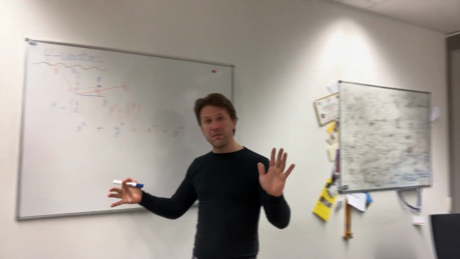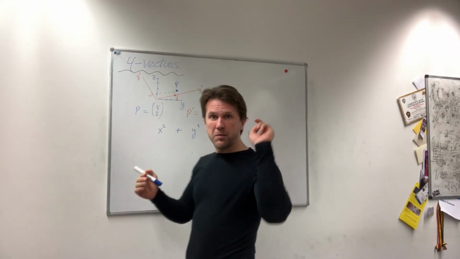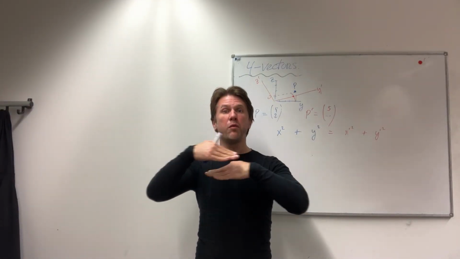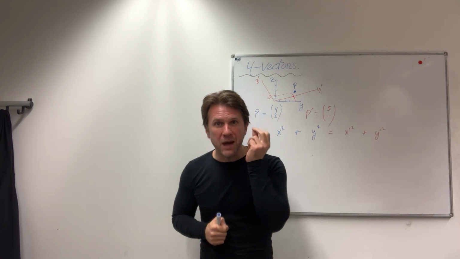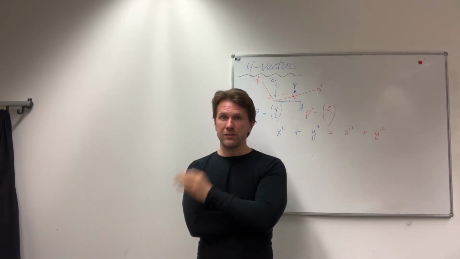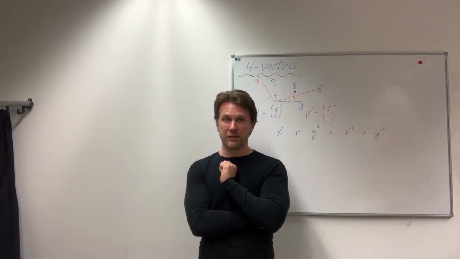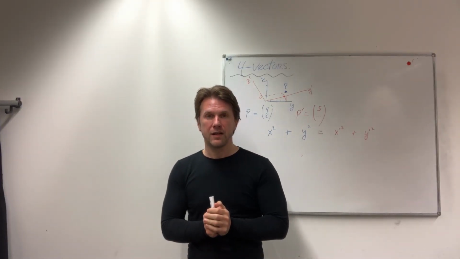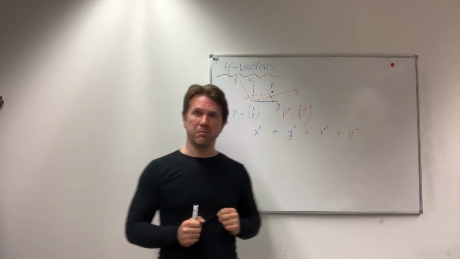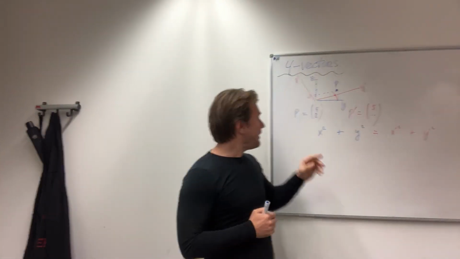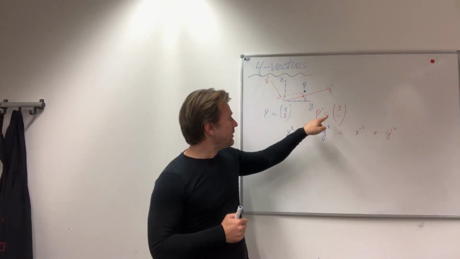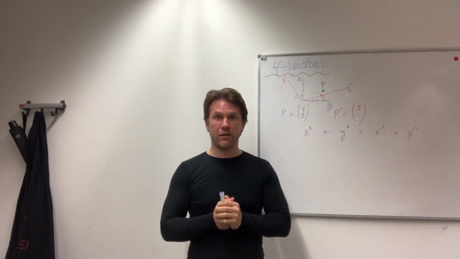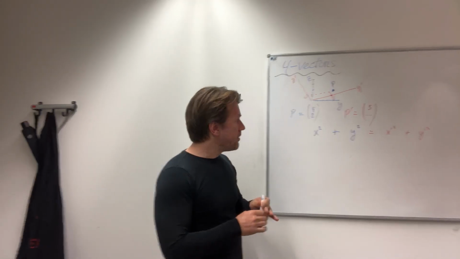The amount of time between two events in the blue system and the red system, if the blue and red system are moving with respect to each other, is not the same in the blue system as it is in the red system, because of time dilation and all those kinds of things. The amount of distance between the two events, as seen from the blue and the red system, is also different because of Lorentz contraction and these sorts of things. All good. But,